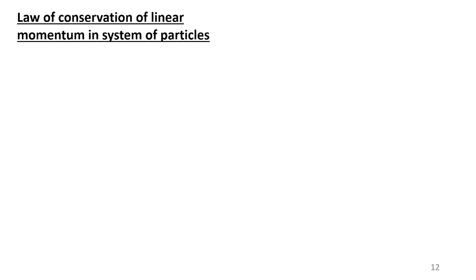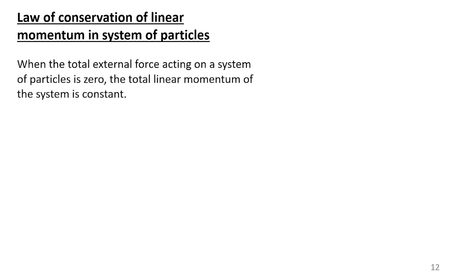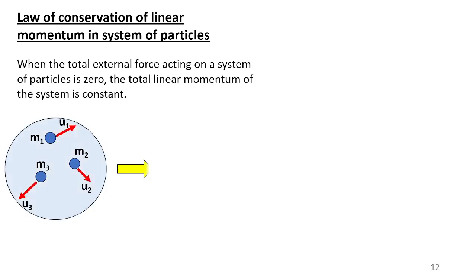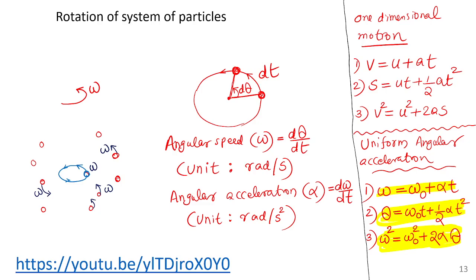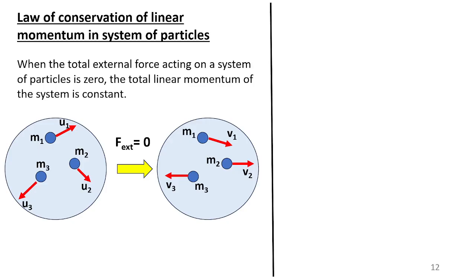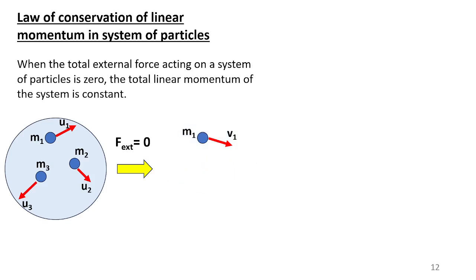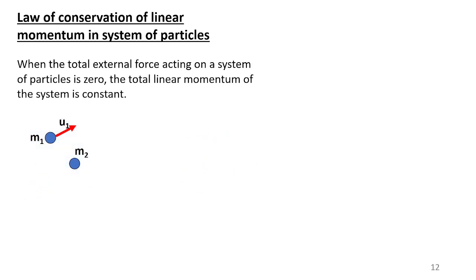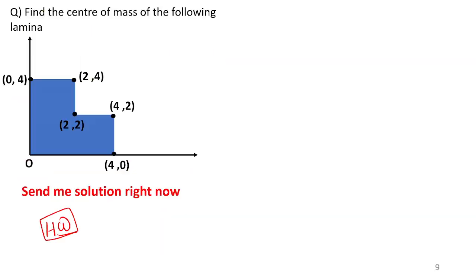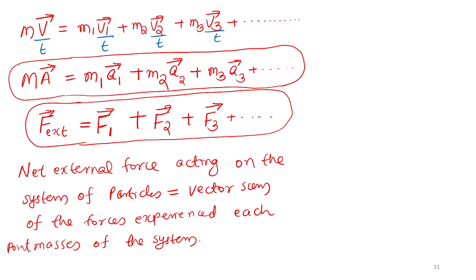Next is the law of conservation of momentum. I think it is better to discuss it in the next class. It's very easy to understand. The law of conservation of angular momentum is there. After that, the rotation of the system of particles is a big chapter. The average level numerical problems I will discuss, and I am planning